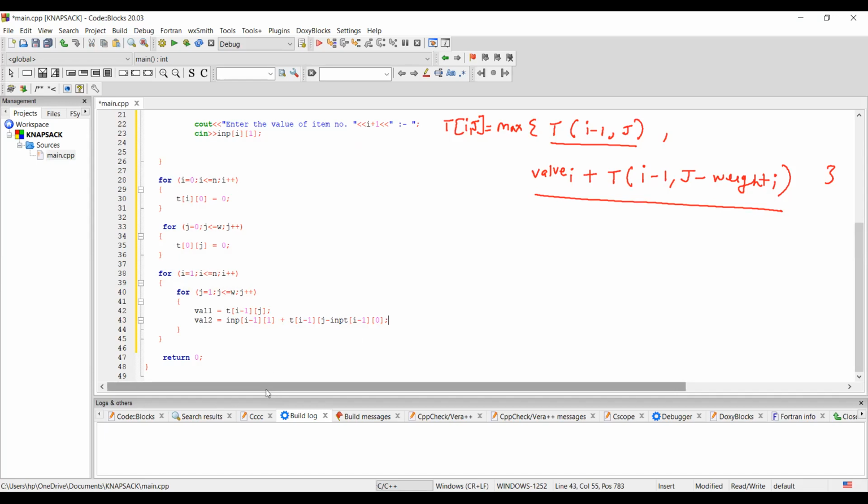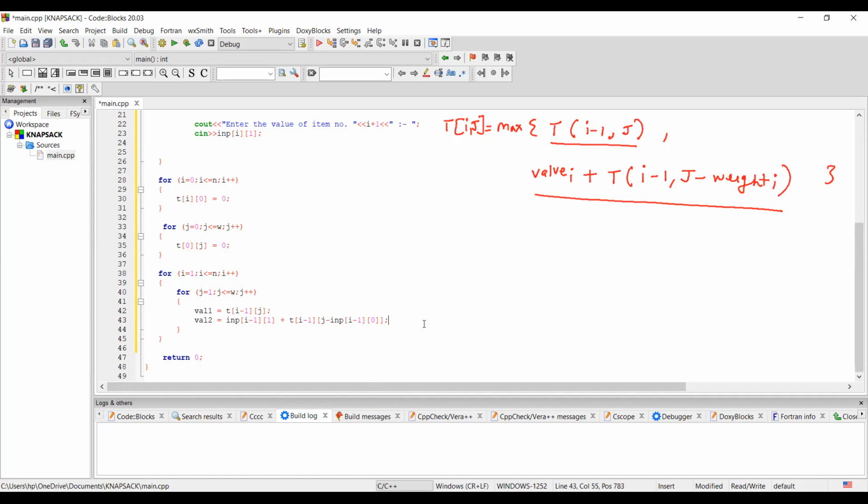So what we have been able to compute so far is that value 1 and value 2 has been computed. So value 1 और value 2 को हमने यहाँ पर compute कर लिया है।